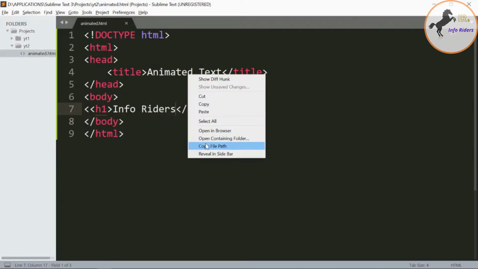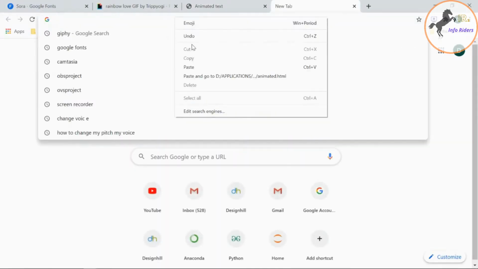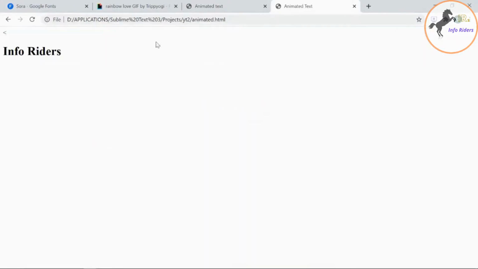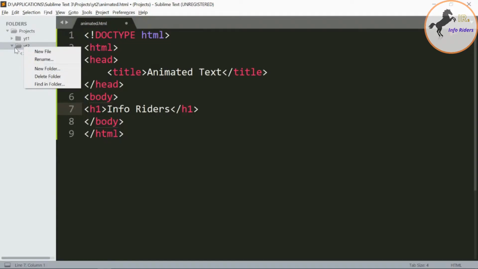Save the entire file, copy the file, go to the Chrome browser, paste the link and run it. You get Info Riders as the text. Now we can see the text. Now when we style the